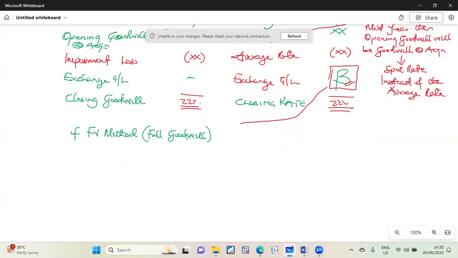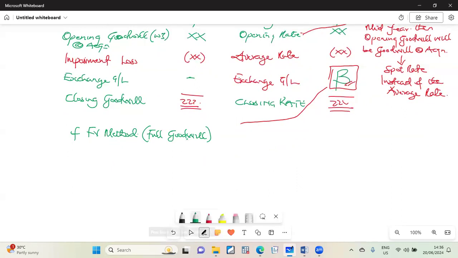So if the fair value method or the full goodwill method has been used,